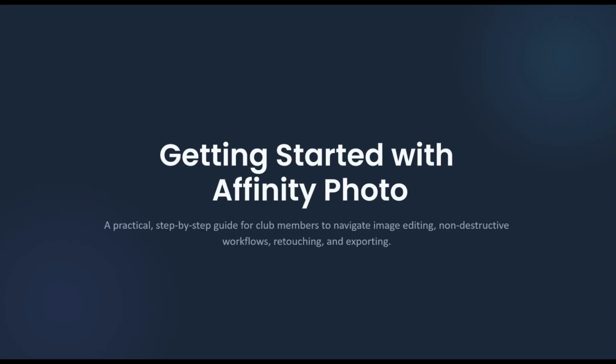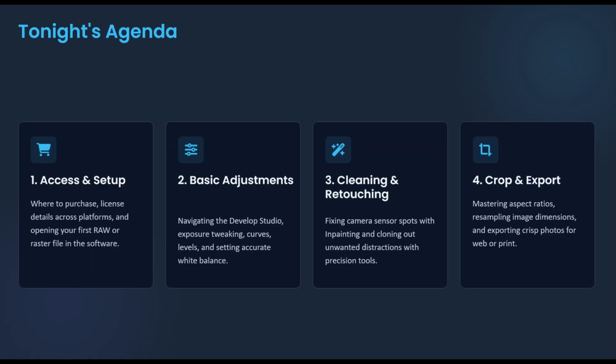Tonight we're going to look at getting started with Affinity Photo. This is following the PowerPoint that we had the other night where we looked at using this as a basic program. So we're going to have a look at how you can download this program. Then we're going to look at some of the basic adjustments that you can do and how to navigate through. Then getting rid of some of those dirt spots or sensor spots on your photos so they're nice and tidy. And then we're going to learn how to crop it to the aspect ratio that you would like and then